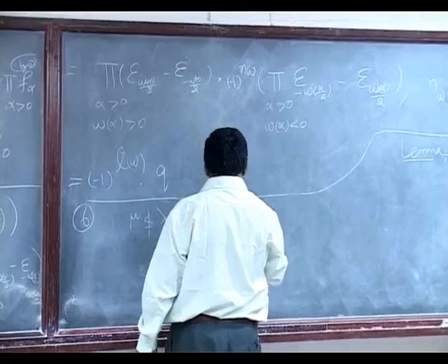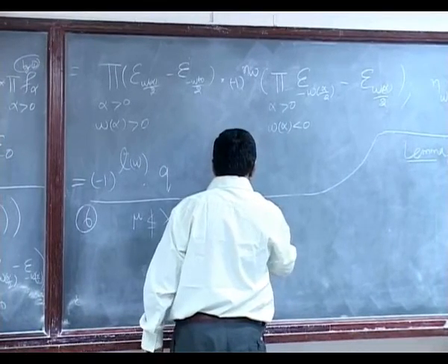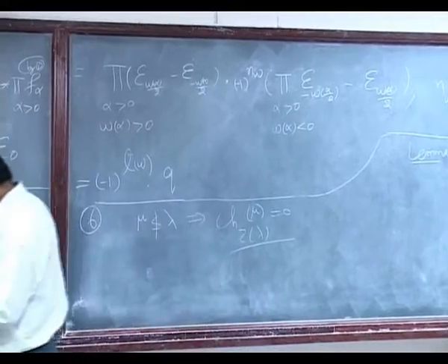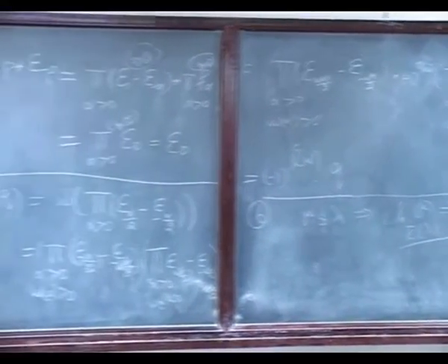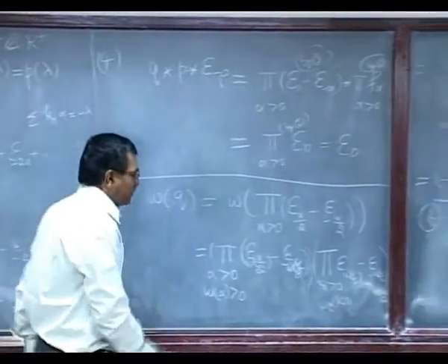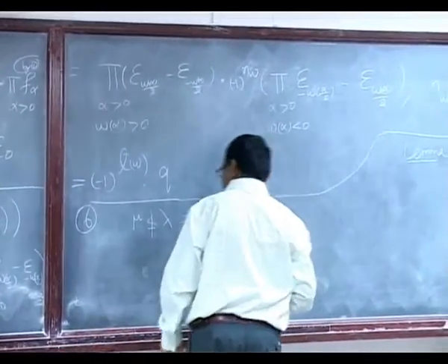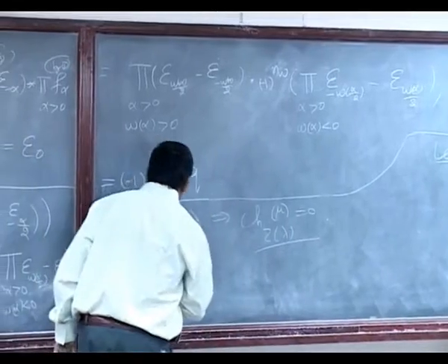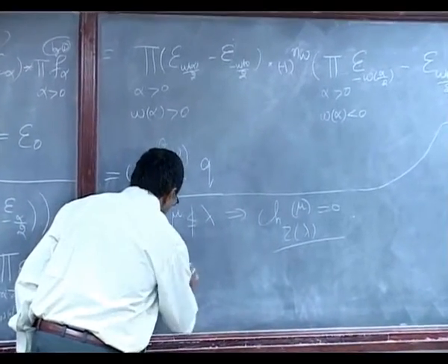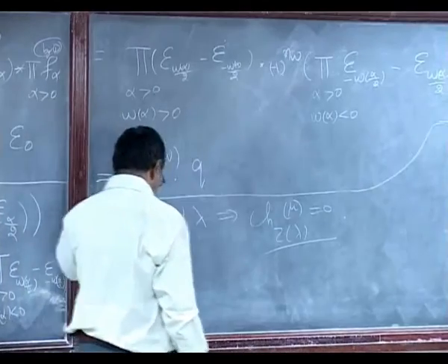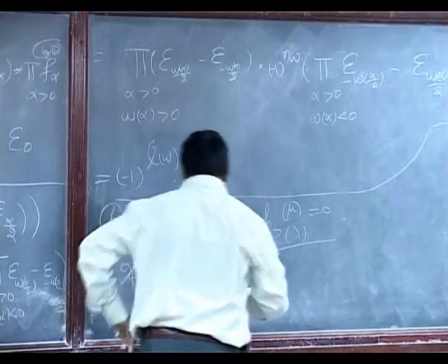The character of lambda at mu is 0, because of the maximal vector property, that every weight of the lambda has the property that mu is less than or equal to lambda. So, if mu is less than or equal to lambda, then use Poincare basis